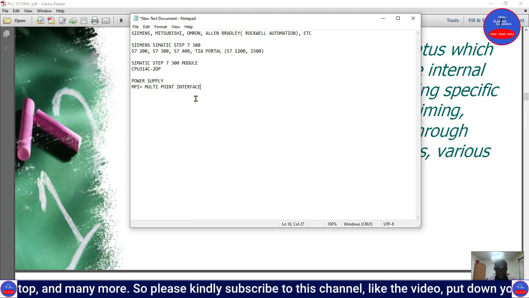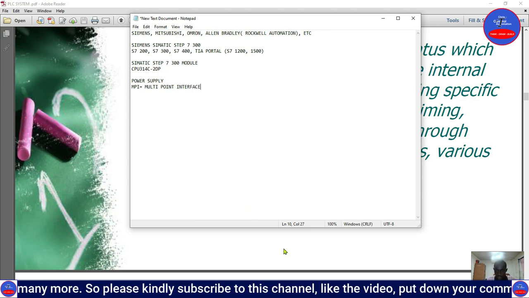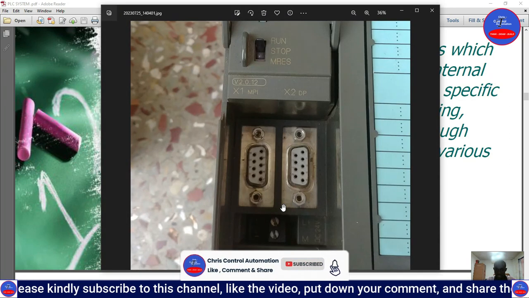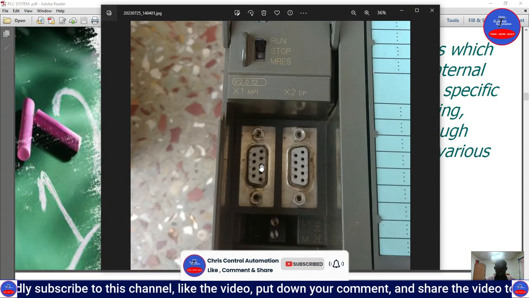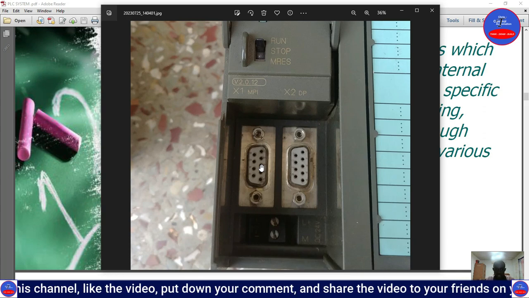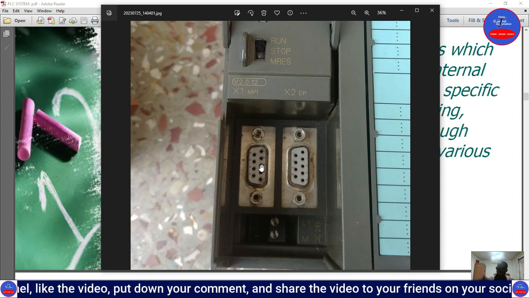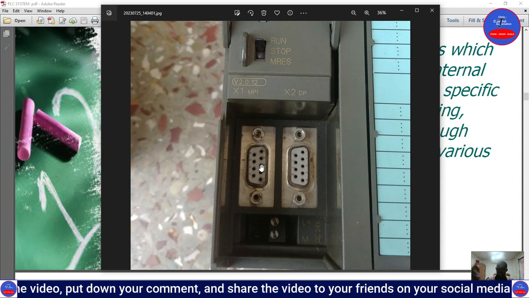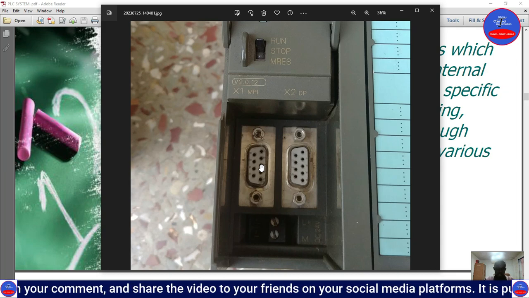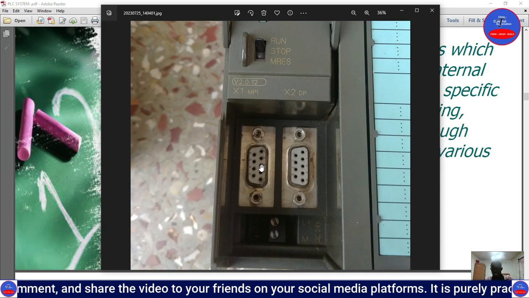So what does it do? What it does is that when we design the program on our laptop, and you want to download it onto the PLC, we connect